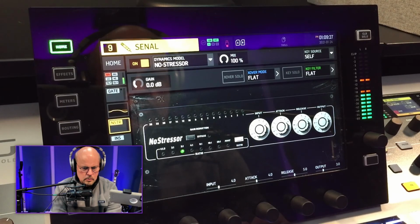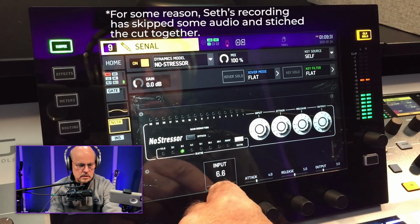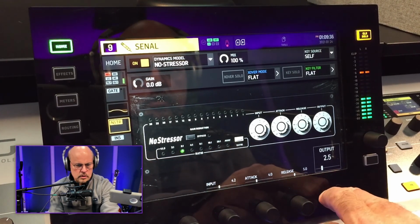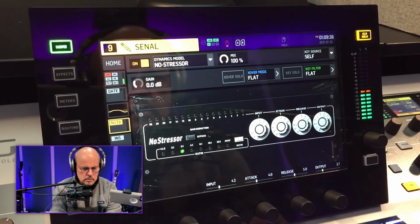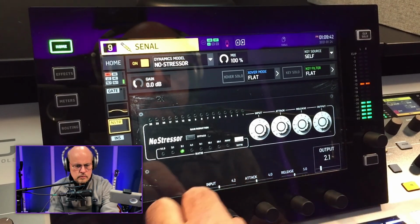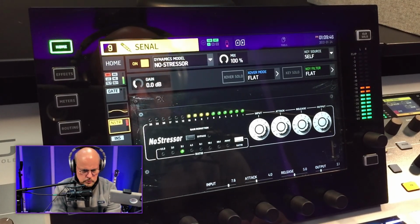This thing I was playing with, and to be honest with you, I could not make it do anything. So I don't know what it is really doing. But I've never played with the analog version of this, so I have a feeling this is supposed to be some kind of Distressor kind of thing. Check, check. Supposed to do some kind of...